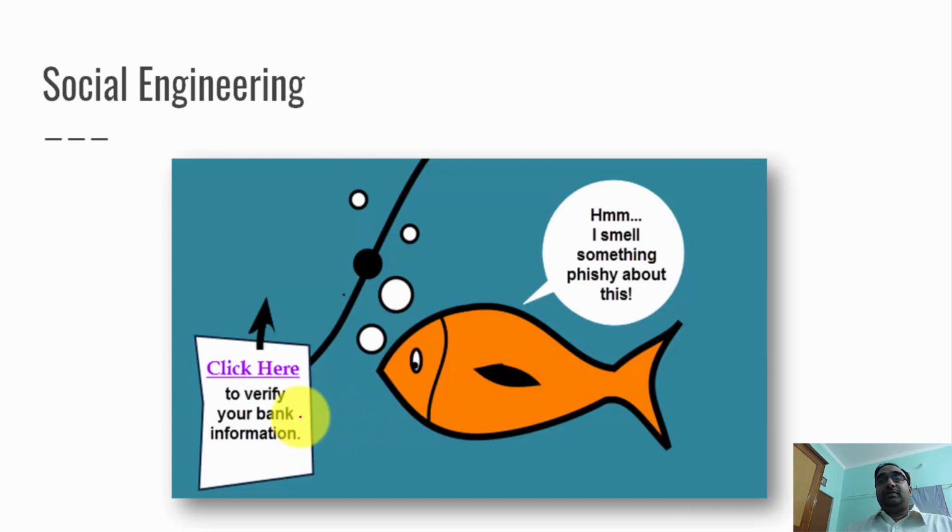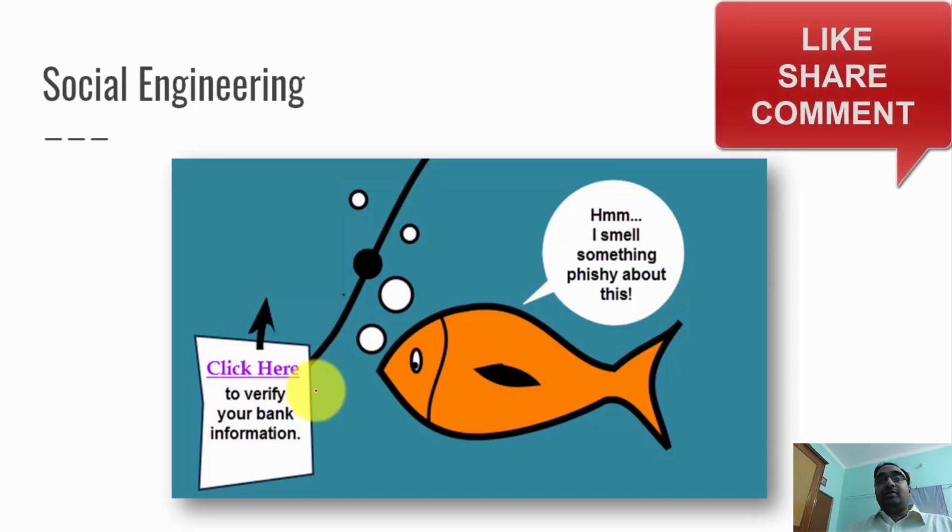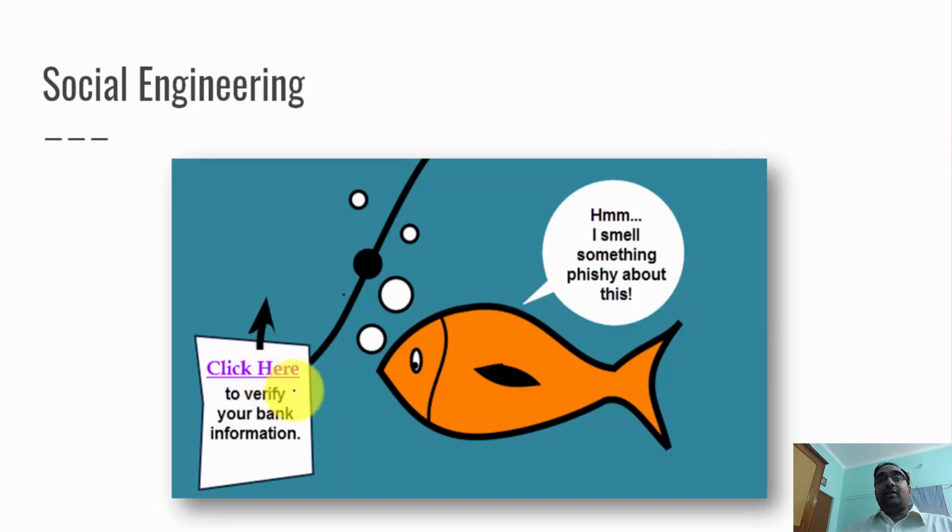So this is one of the techniques in social engineering which I covered in one of the previous sessions, called phishing. In phishing, typically you will get emails where you can see some message, and after the message usually there will be a link, hyperlink or a button. Here in the picture you can see, to verify your bank information, click here. So this is a link. Let's say you are getting this email from State Bank of India, and you are clicking this link,